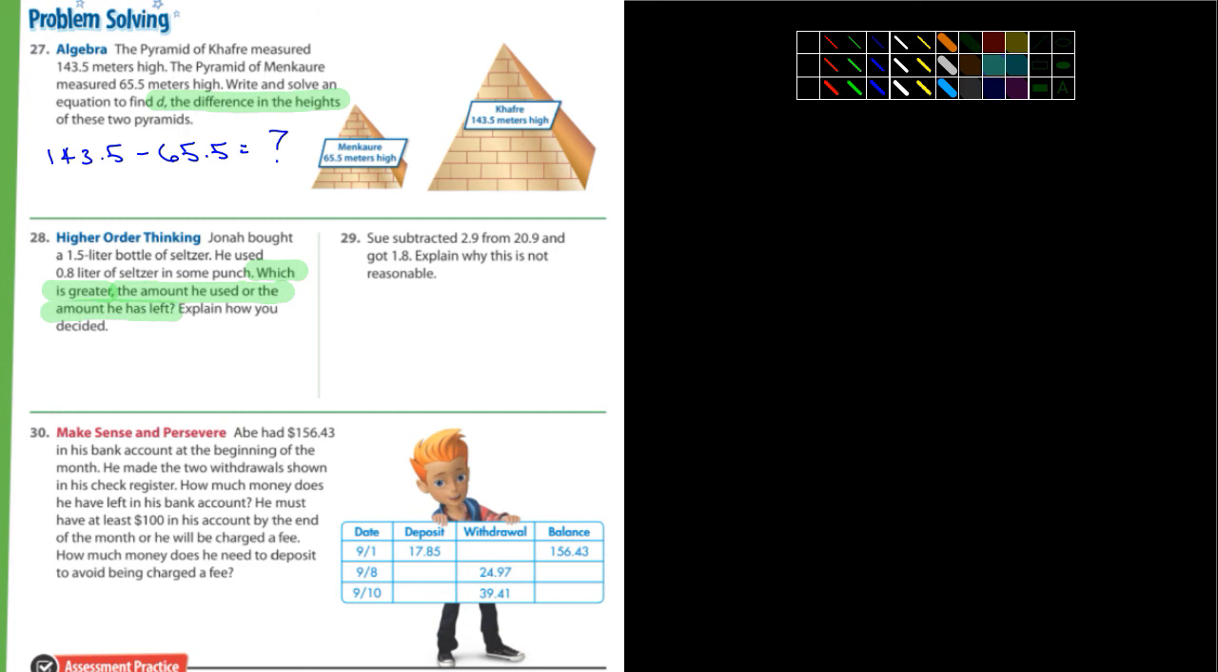So how much did he use? Let's break this down a little bit. I'm going to write this down here. Used equals